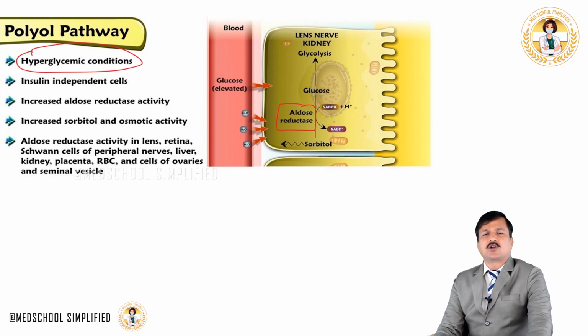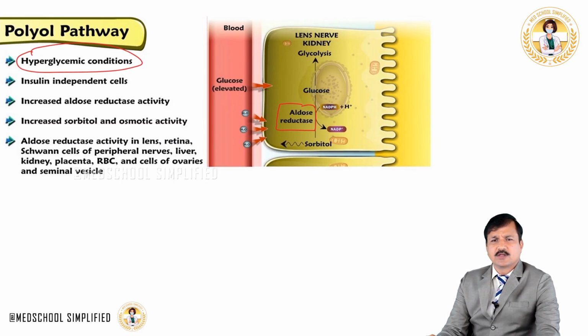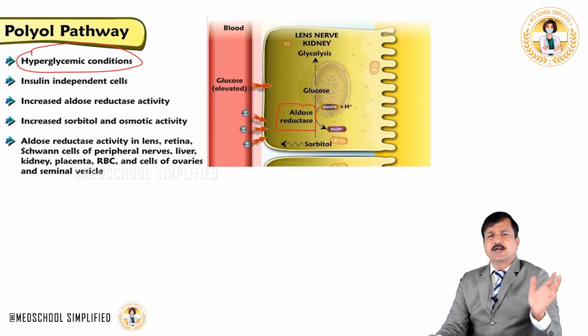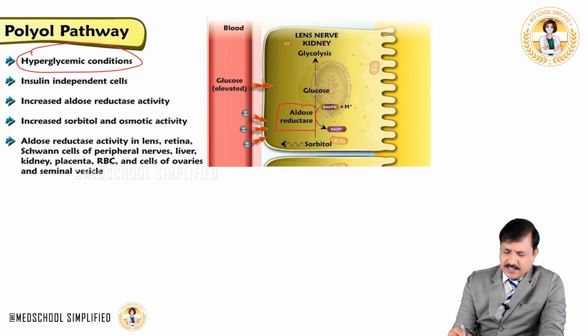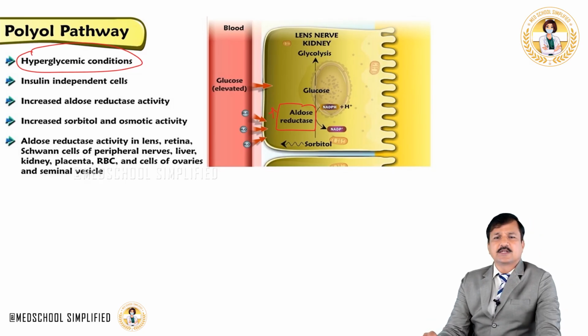It acts on all aldoses, aldohexoses in fact, like glucose and galactose. So glucose is converted into sorbitol. Likewise, galactose is converted into galactitol, but glucose is the more predominant monosaccharide in our blood than galactose, right? So excess glucose in the cell, because of the increased activity of aldose reductase, will be